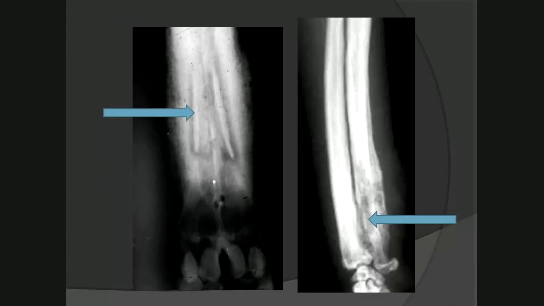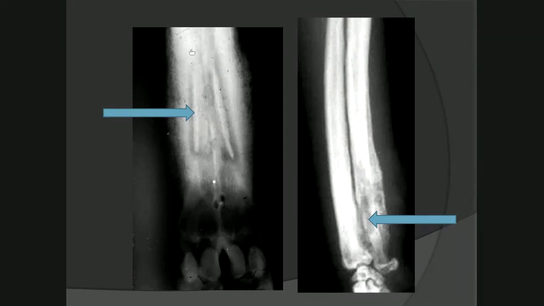So here are two examples of sequestrum formation. On the left, it's a dorsopalmar view of the metacarpus 3 and 4 of a bovine. There's two very opaque structures consistent with the sequestra present. If you compare their opacity to the normal cortex down here, you can see that they're much more opaque. And there's also a radiolucent zone surrounding each one, and that is consistent with purulent material or exudate. There's also quite a lot of thick brush-like periosteal reaction circumferentially around the bone, resulting in the whole area having